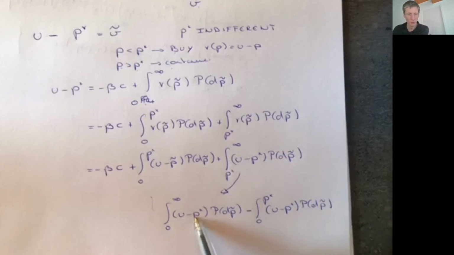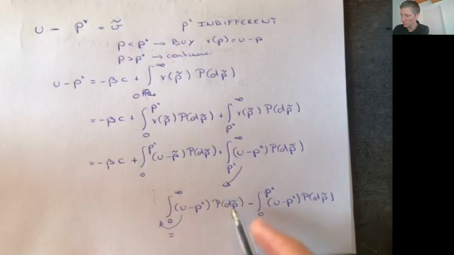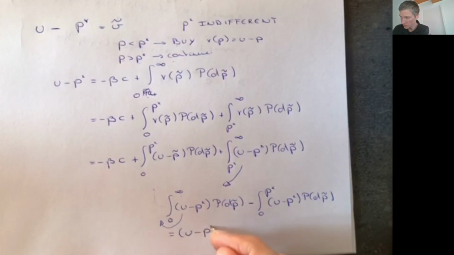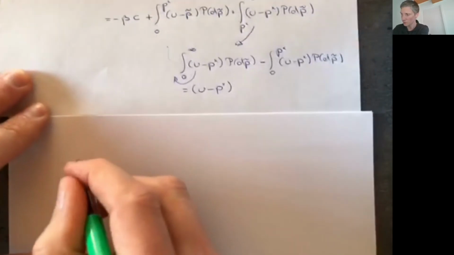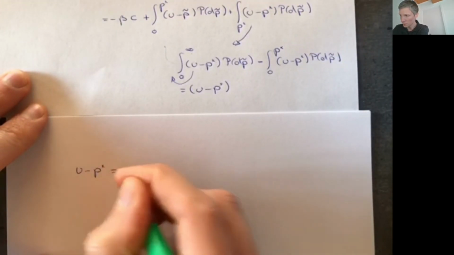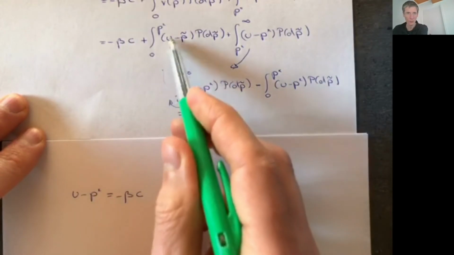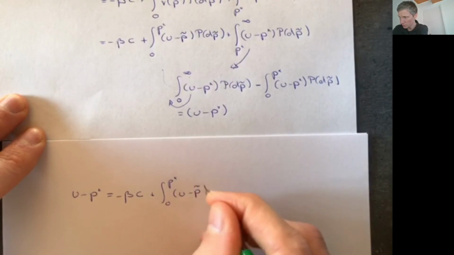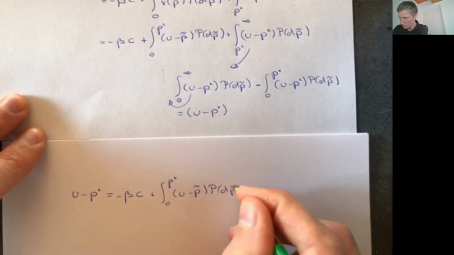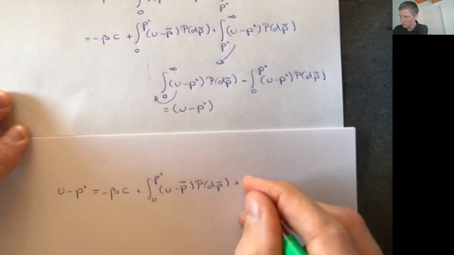And this first one, because this is just a fixed number, I can bring it outside, and I'm integrating over the entire interval of the probability distribution, so this is u minus p star. Okay, so let me continue here. So I have u minus p star. U minus p star is equal to minus beta times c plus this here, plus the integral from 0 to p star of u minus p tilde p dp tilde, plus u minus p star